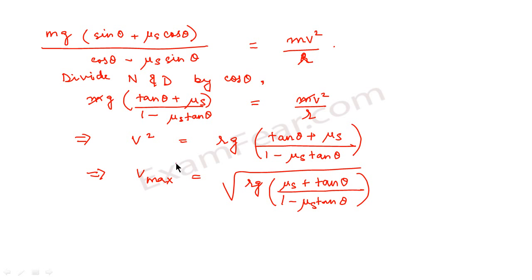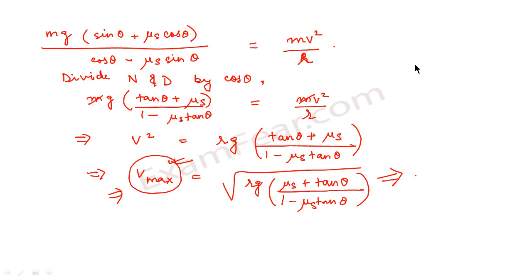So here we see the maximum velocity of the vehicle in a circular path on a banked road would be given by this value. In the previous slide, we saw the maximum velocity that a vehicle can have in a circular path when it is moving on a level road. In this case, this is the value of maximum velocity if the vehicle is moving on a banked road. Why is it the maximum velocity?